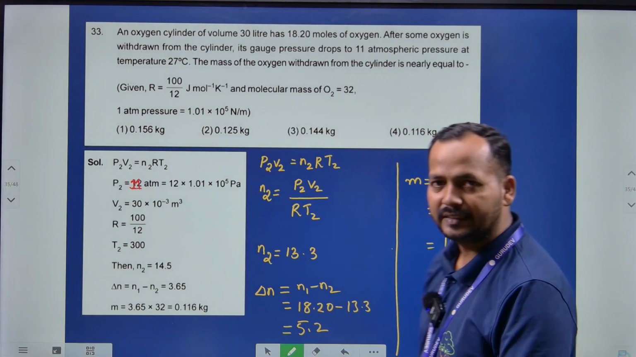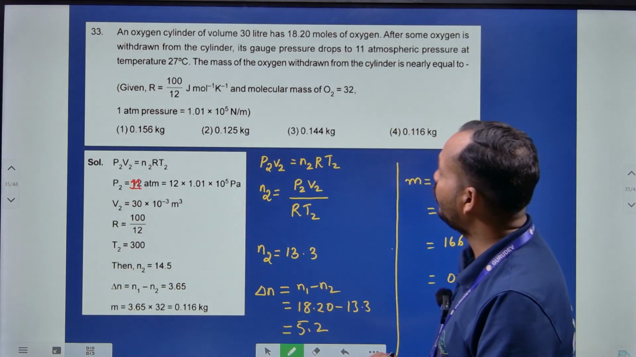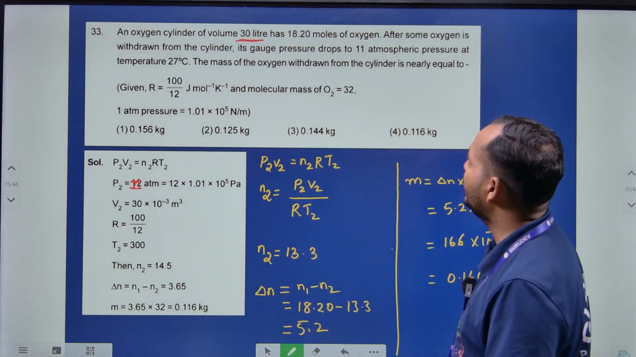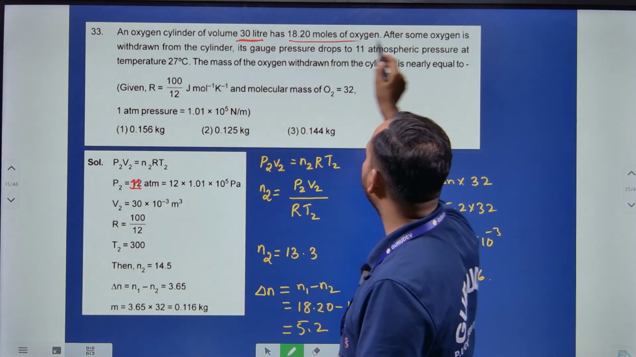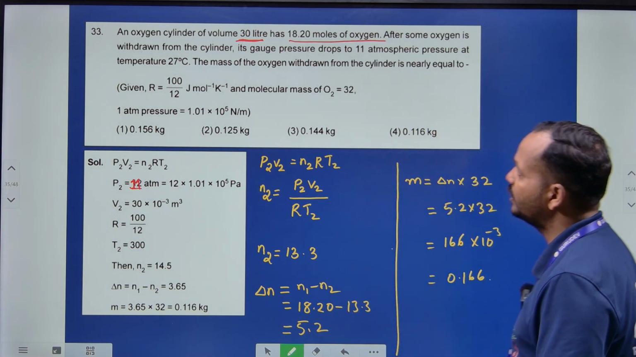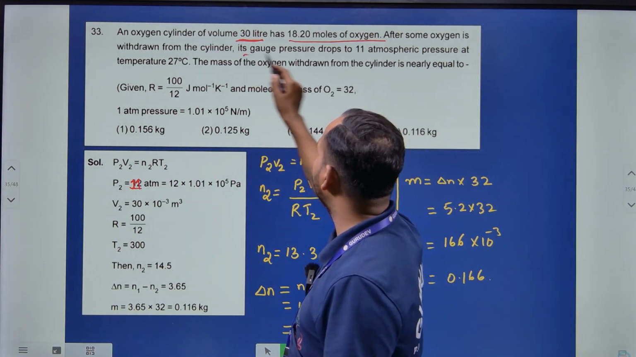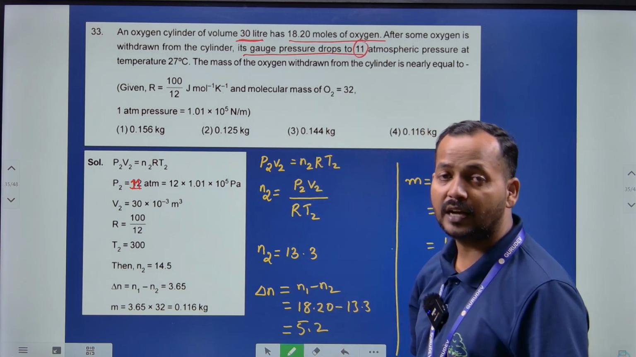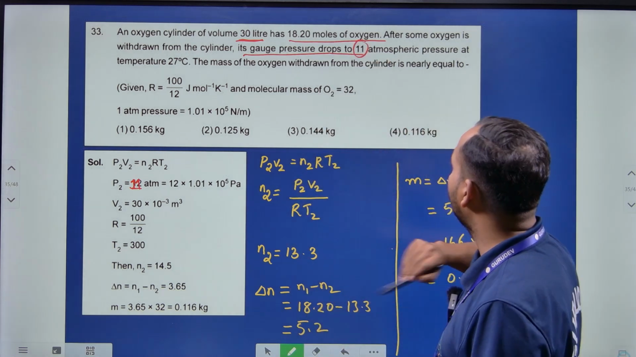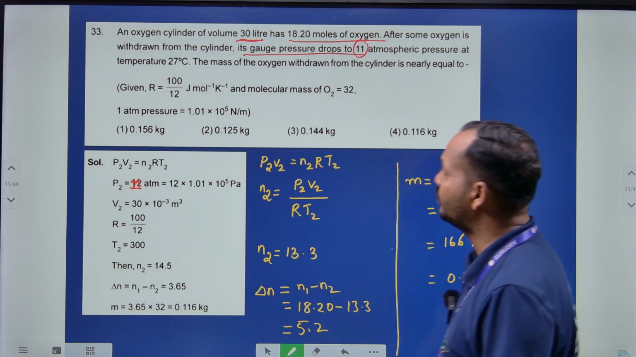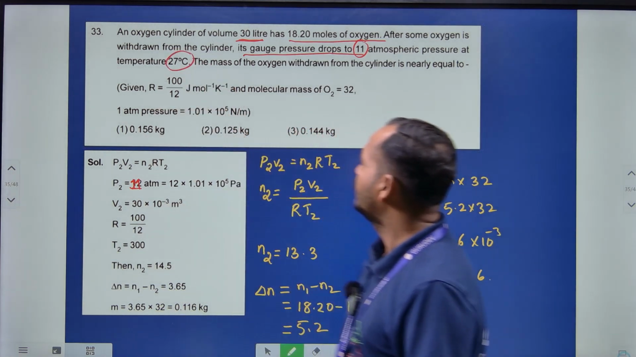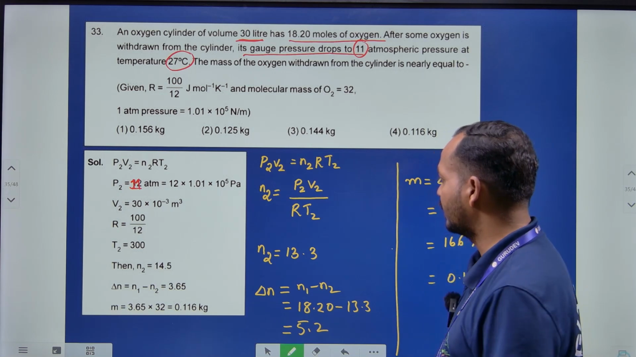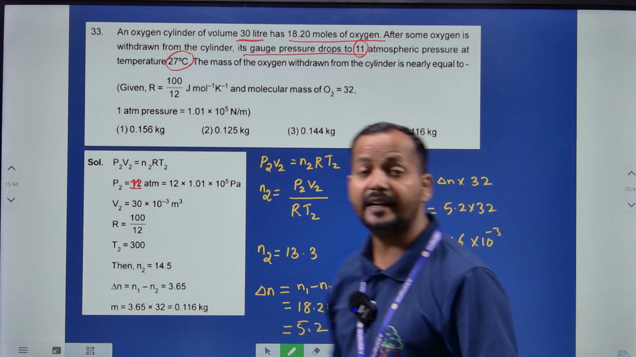नेक्स्ट 33 क्वेश्चन, एन ऑक्सीजन सिलेंडर ऑफ वॉल्यूम 30 लीटर, हैज 18.20 मोल्स ऑफ ऑक्सीजन उसमें, देन आफ्टर सम ऑक्सीजन इज विथड्रॉन फ्रॉम दैट सिलेंडर, इट्स गेज प्रेशर ड्रॉप्स टू 11 एटमॉस्फेरिक प्रेशर एट टेम्परेचर 27 डिग्री सेल्सियस, द मास ऑफ द ऑक्सीजन विथड्रॉन फ्रॉम द सिलेंडर इज नियरली इक्वल टू, आपको कैलकुलेट करना है, जिसके लिए हम लोग यहाँ आइडियल गैस इक्वेशन लेंगे